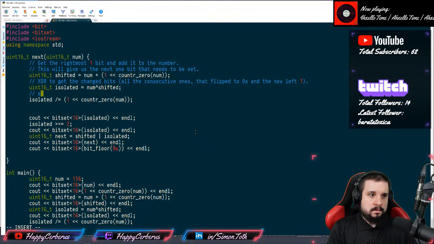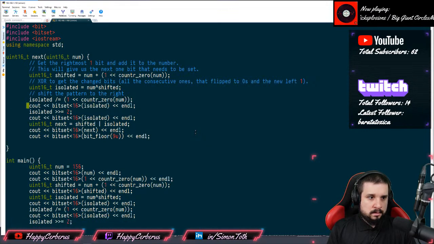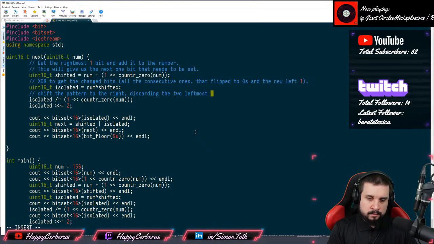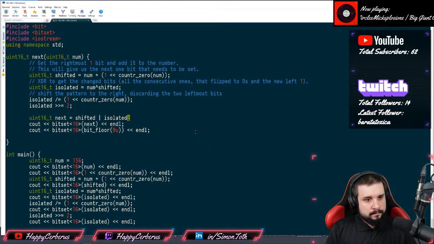So shift the pattern to the right. And discarding the two leftmost bits. Right, and then